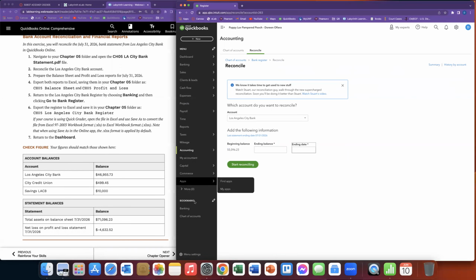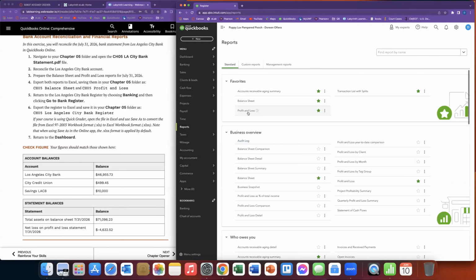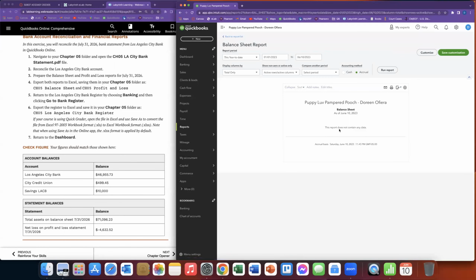Okay, let's look at the account balances. I love to go to the chart of accounts, and here it's 46,955.73. Okay, this is correct. And then they say credit card union is here, 499.45, and then savings is 10K. And then they want us to do the total assets. Okay, we need a report for that. For the total assets, we need the balance sheet. So the balance sheet is here,